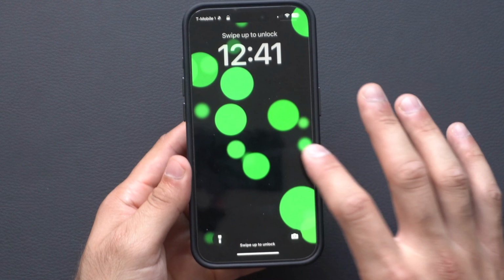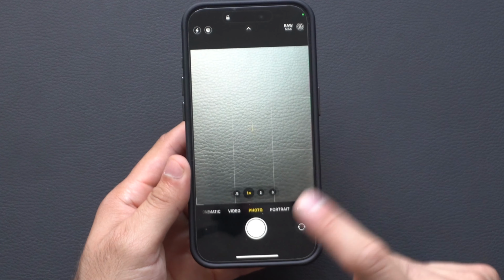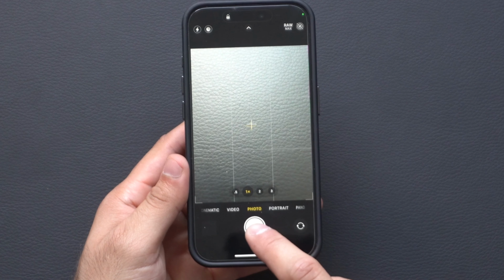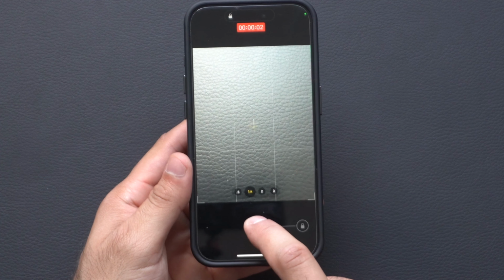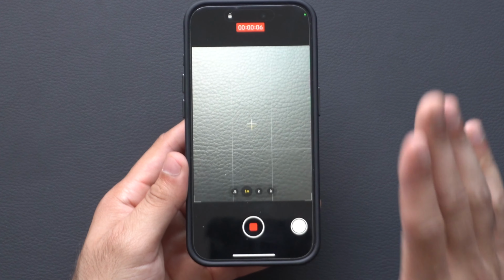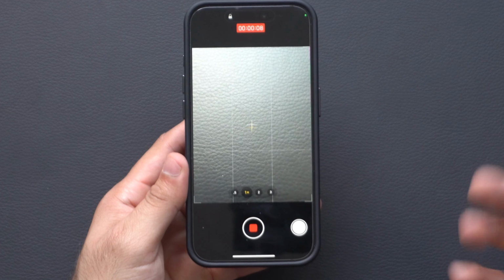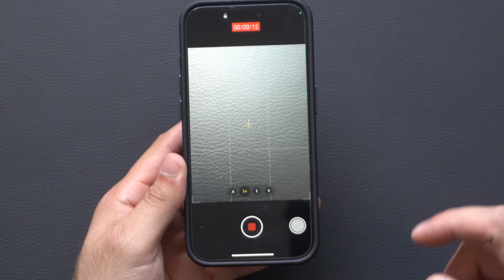Did you know on the lock screen by swiping right, you can quickly enter your camera? But not only that, on the shutter button on photos, if you have to take a video, just long hold the shutter and it's going to start recording. And then if you slide your finger to the right like so, it's going to continue recording, bringing up your hand, but you still have the access of a shutter button right here to continue taking